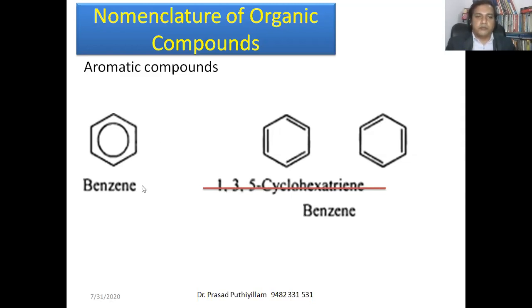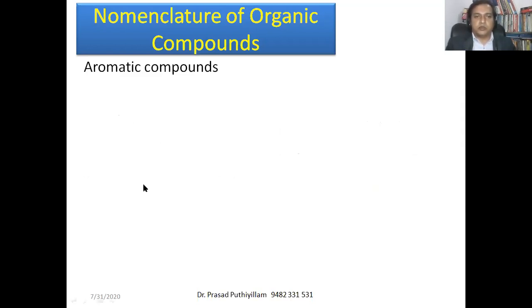Now some aromatic compounds we will consider. This is a benzene ring containing a CH3 functional group, a methyl functional group. It becomes methyl benzene, and its trivial name, or common name, is toluene. That is also accepted while considering the nomenclature. But here I'll consider it as methyl benzene.